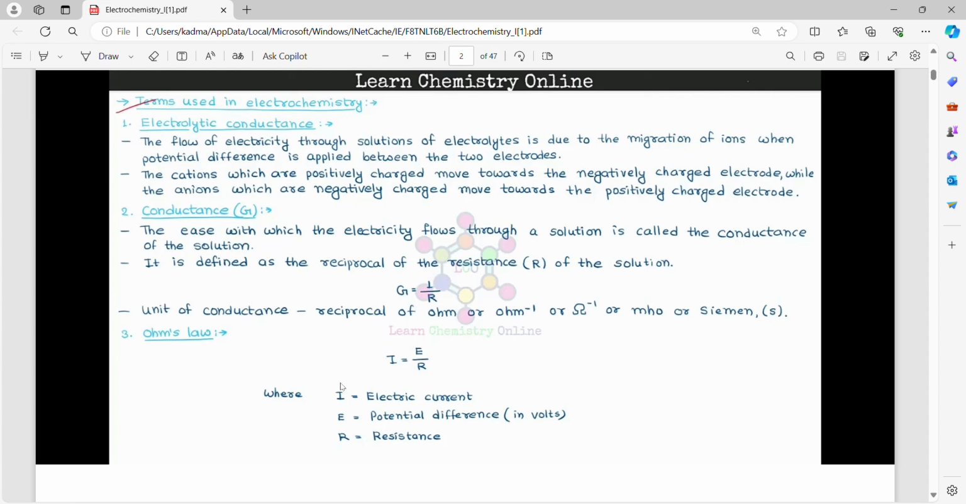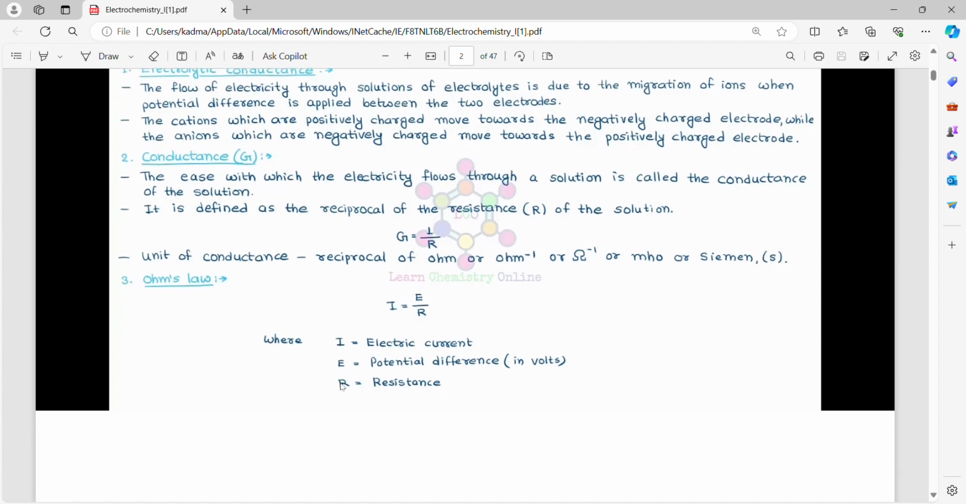Conductance, G. The ease with which electricity flows through a solution is called the conductance of the solution. It is defined as the reciprocal of the resistance of the solution. G is equal to 1 by R. The unit of conductance is the reciprocal of ohm, or ohm inverse, or mho, or Siemens. Ohm's law: I is equal to E by R, where I is the electrical current, E is the potential difference, and R